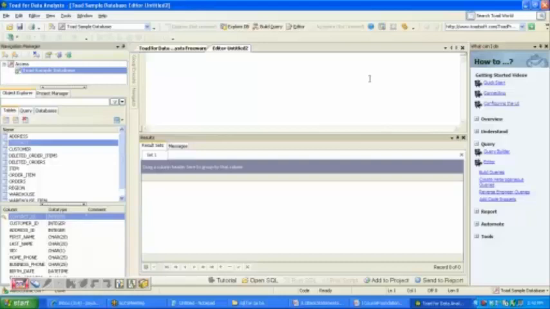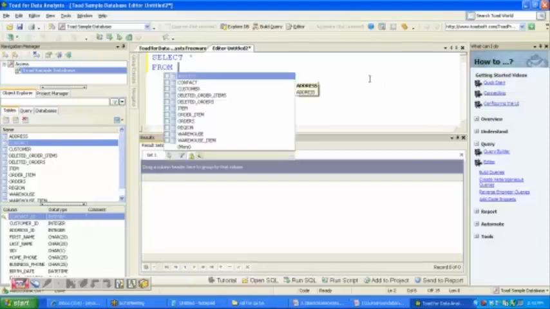So I will start writing my query. I will say select star, because I want all the columns. Since I want all the columns, I say select star. From which table? I want the contact